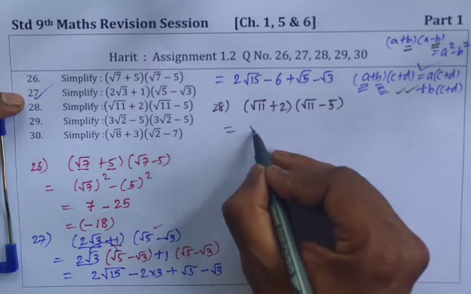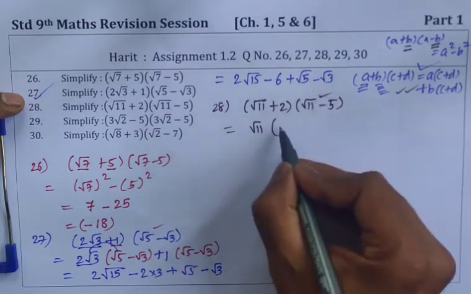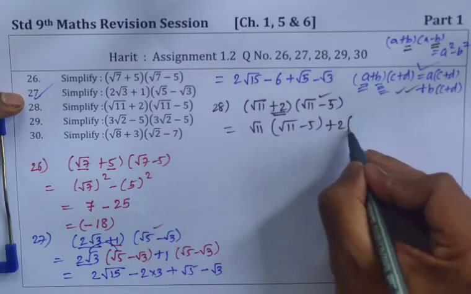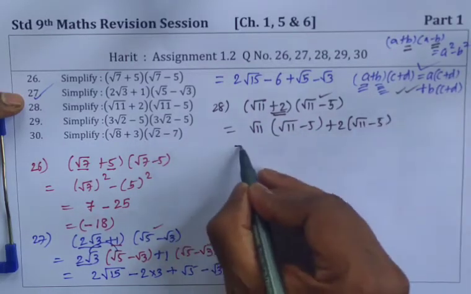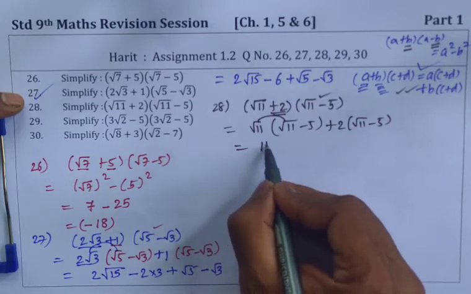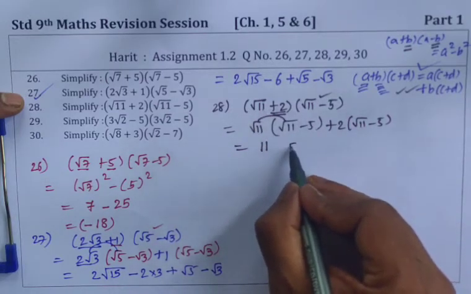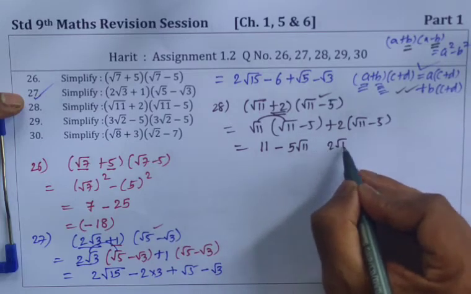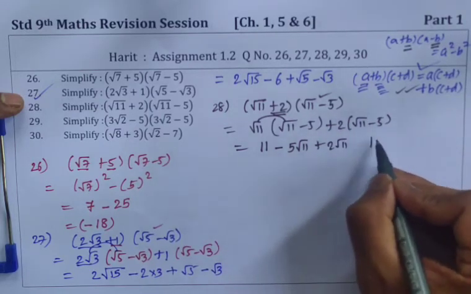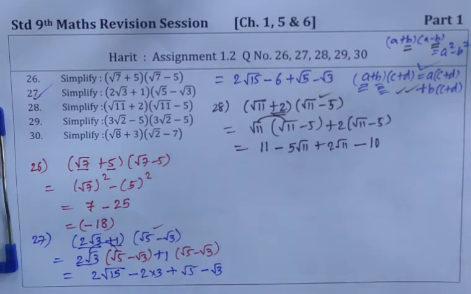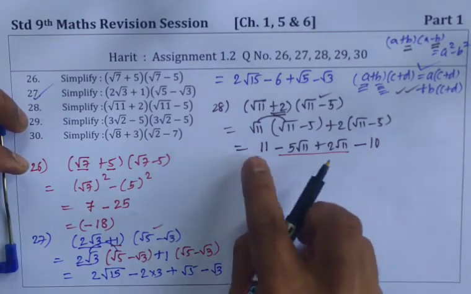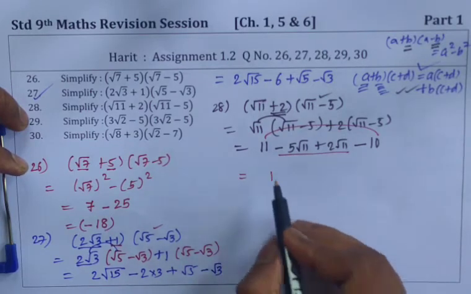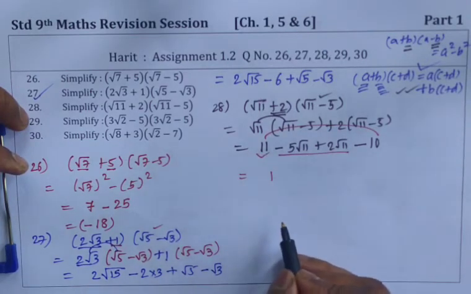Okay. How? Root 11 into second binomial. Root 11 minus 5. फिर है plus 2 into root 11 minus 5. That is equal to. Now root 11 into root 11 is 11. Root 11 into 5 is 5 root 11 with different sign. So minus 2 root 11 with plus sign. or 2 5s are 10 with minus sign. Here you have a pair of like terms and another pair of like terms. 11 minus 10 is 1 और बड़ा नंबर प्लस 11, so plus 1.